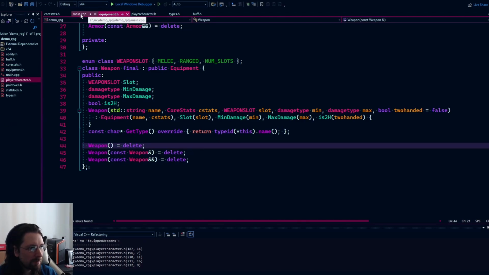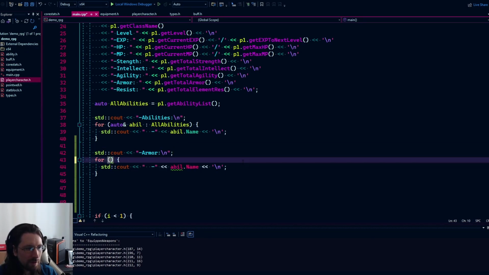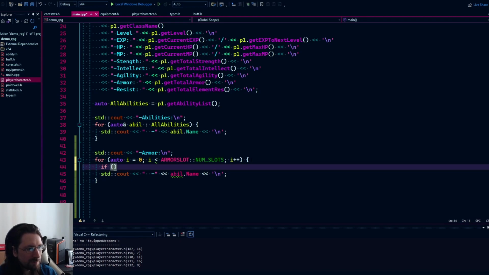All right, let's go back to our main. And let's just spit out this armor. But we essentially want to do the same thing here, we'll just use auto. We'll use i, started at 0. My i is less than armor slot. And we want the num slots here again, because we essentially want to go through all the slots. And we'll do the same thing. We'll check if it's null. If